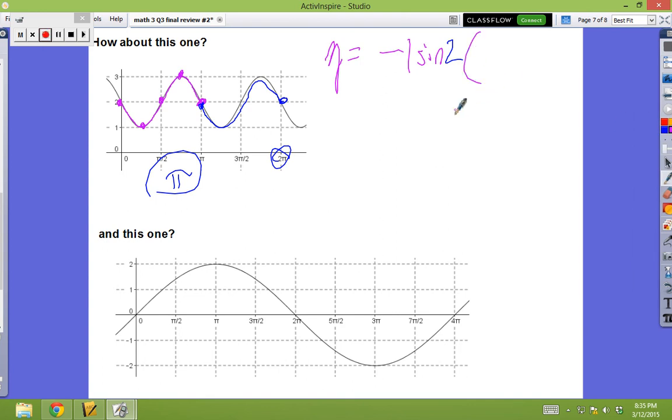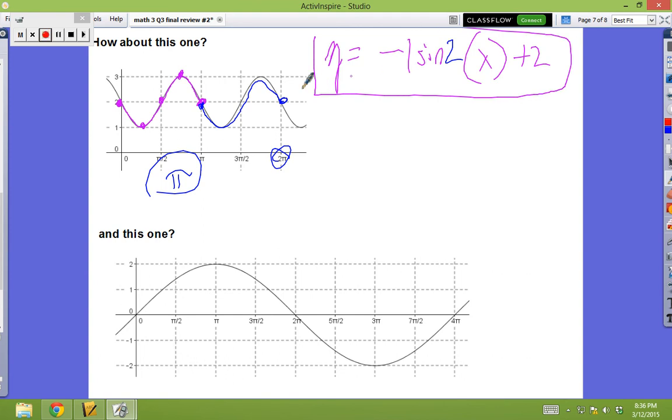now I'm not going to give you any phase shift, so it's just going to be parentheses x, the vertical shift. So my starting dot was right here, and it has been shifted up 2. So that is the function that gives you this graph right here. Okay, this last one,